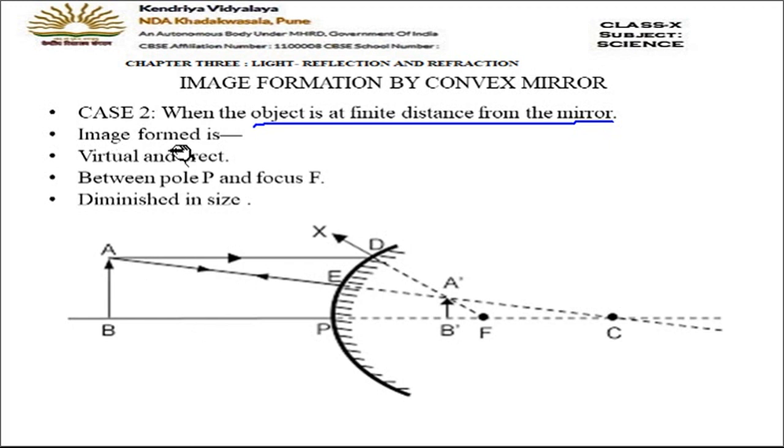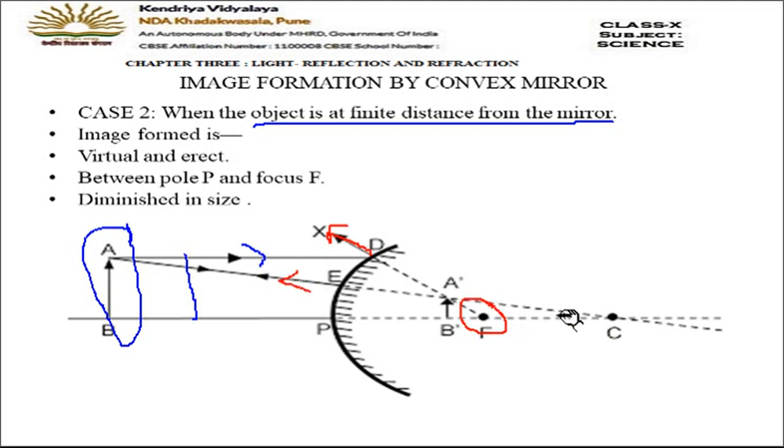Now, see, we are using two rays for simplicity as we have discussed. So this is the object now. AB is the object. Now two rays are coming. This is the first ray, which is parallel to the principal axis. When it strikes the mirror at point D, it gets reflected in this direction like this, and when you backtrace it, it will appear that it is coming from the point F. Now another ray we have taken, which, if you back trace, is passing through C. So any ray which appears to be coming from C retraces the same path.